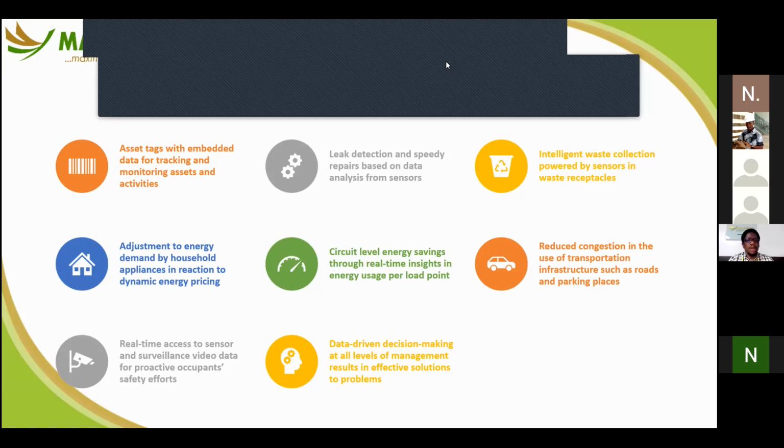Imagine in Nigeria today, if we have a daytime electricity rate of 50 naira per kilowatt hour, and nighttime of 10 naira per kilowatt hour. You can imagine how many people will stay up at night to do their laundry, for example. People will set their fridges and freezers to automatically go off in the morning and come on at night, for example, right? There are automatic systems that have been developed to adjust energy demand by household appliances in reaction to dynamic energy pricing. And then